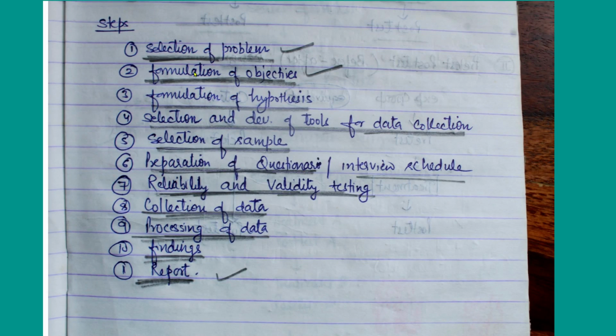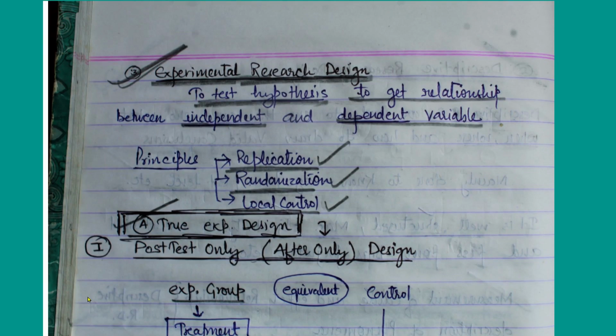Okay, so selection of problem, this is all your steps of thesis, how you actually do your thesis. This comes under descriptive research design. You might have attended the seminars of your seniors, thesis submission seminar or ORW, PPW, and thesis making drafting seminar. There they will show the descriptive research design, how they are making it. Now comes the experimental research design.